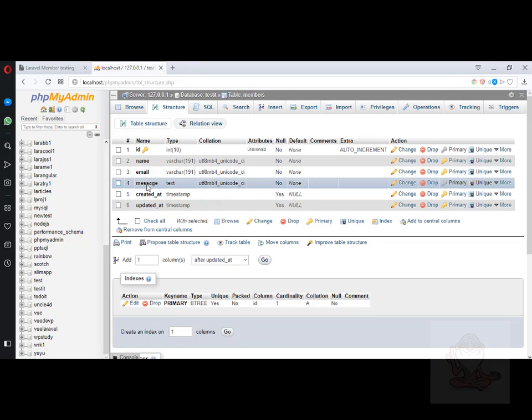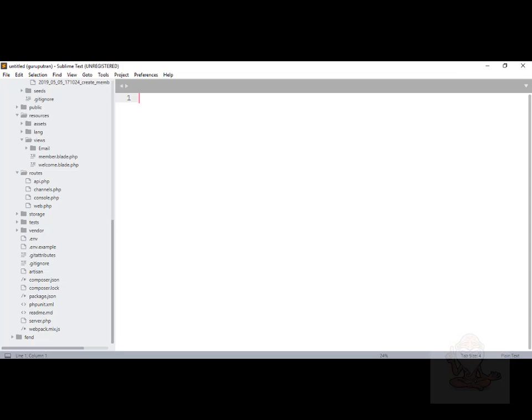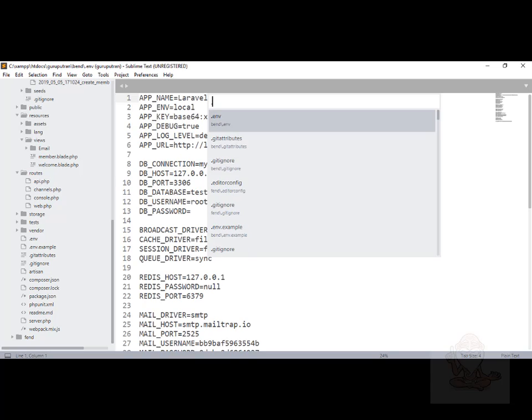So how to get this table done inside the database? Let us go back to our steps. First of all, after we create the database testit inside phpMyAdmin, we have to go to the .env file in Laravel. So let's go to Control P, .env.